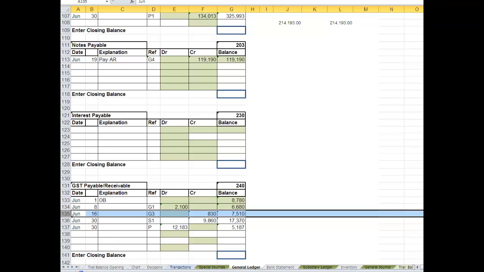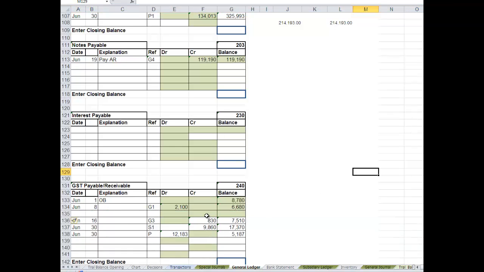So if I insert a line here, and that transaction goes there. Now the end ones won't work, but